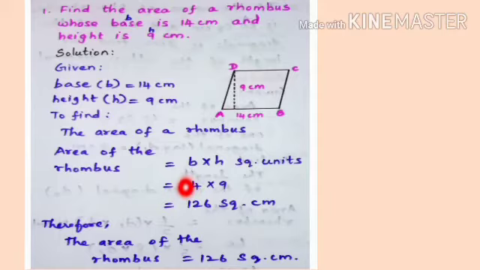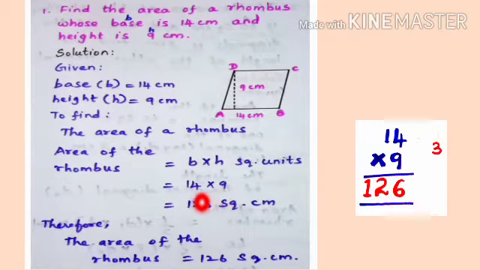In the next step, just substitute the values of B and H here and multiply both the values. B is 14 into H is 9. So, 14 into 9 is 126 square centimeter. Therefore, the area of the rhombus is